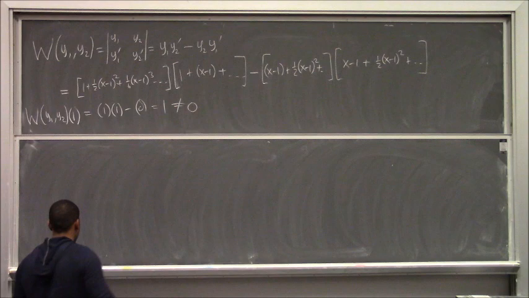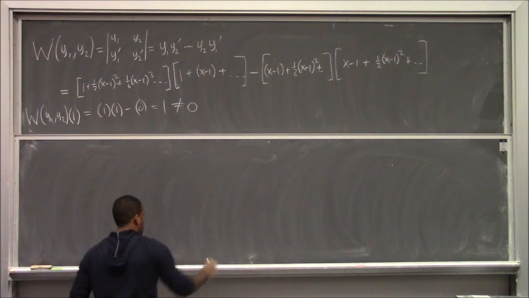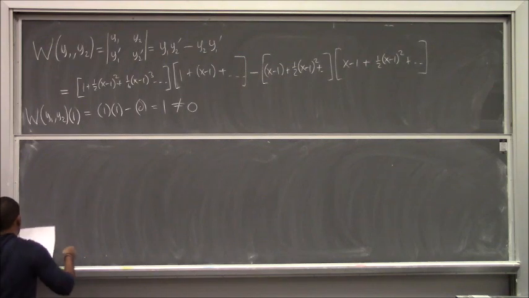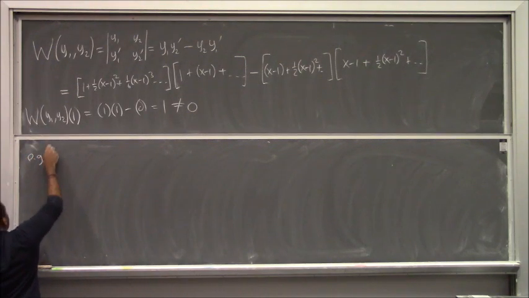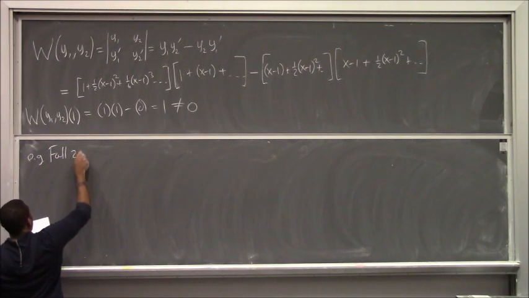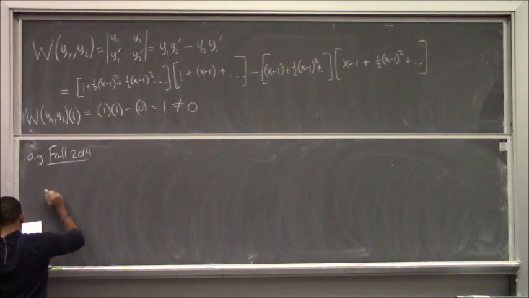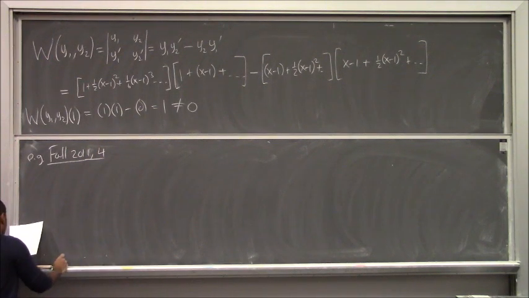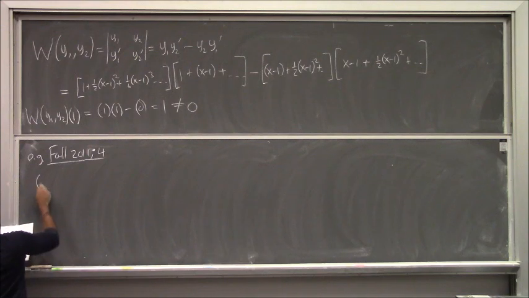You've got to show us all the organizational tricks for these. I just did it. So okay, here's an example. This was actually on fall 2011, problem 4. So it gave us this 3 minus x